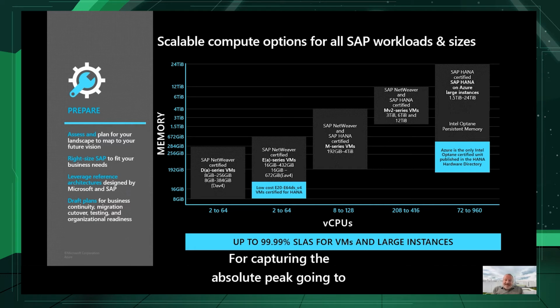And for capturing the absolute peak, going to the maximum of what SAP HANA does support on a single instance, we have a hardware as a service offer. That is where you can have up to 24 terabyte per unit. That is also a service where we can offer Optane memory, Intel persistent memory called Optane, that can be used for stretching memory a little bit further. We offer different ratios between DRAM and the persistent memory with this service as well. So we are basically set on the whole bandwidth that can be easily used,